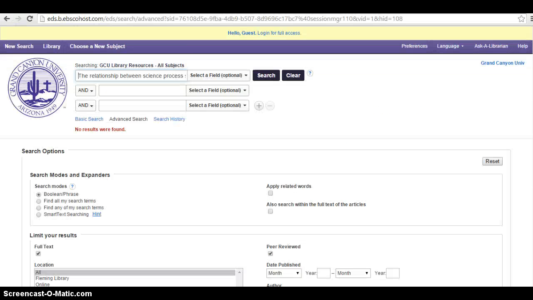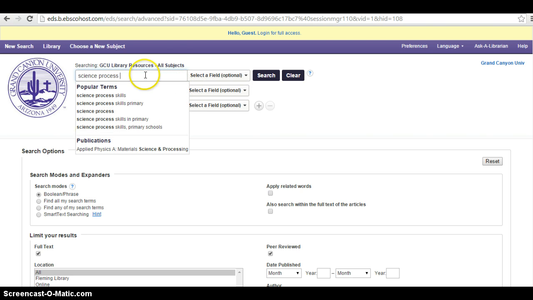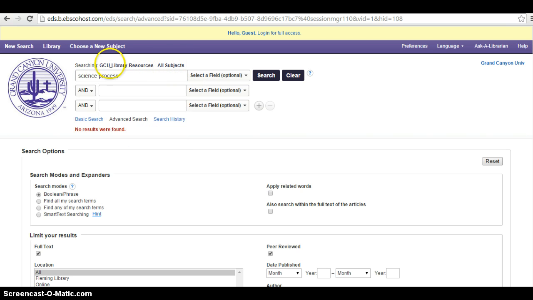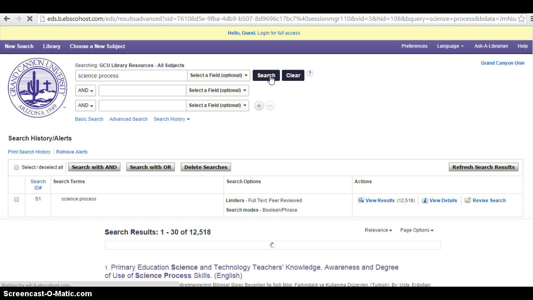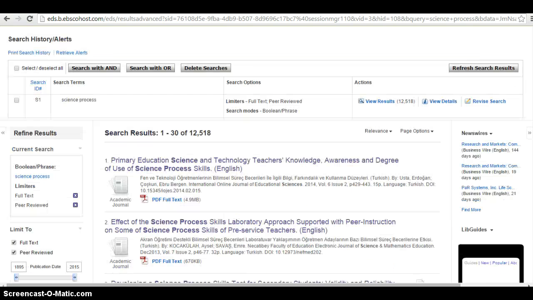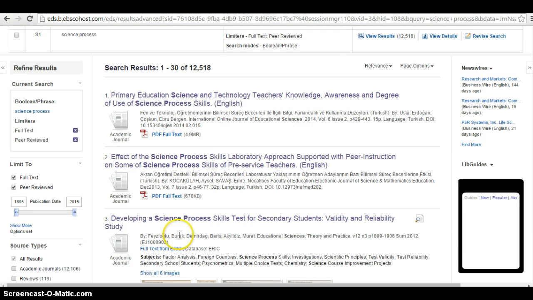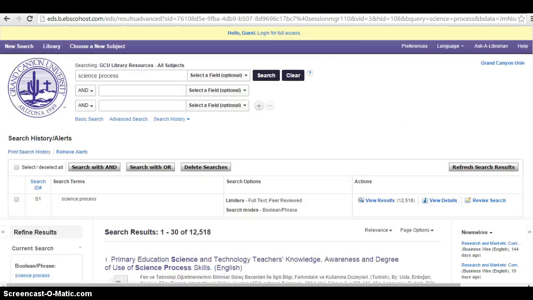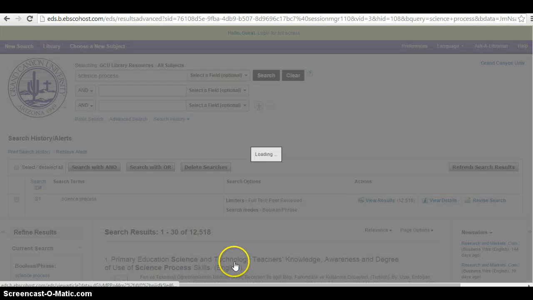When I pull this up, it tells me that no results were found, so I know automatically that this was not peer reviewed. But let's say that you're searching for peer review articles on the science process, okay? So you have changed your search a little bit there, just science processes, and you want to go ahead and say peer reviewed articles only and search. Now it automatically tells me which articles are peer reviewed, and I can go right in. When I am logged in,